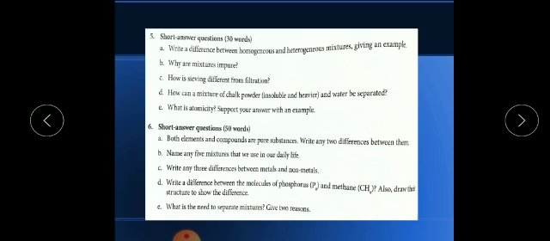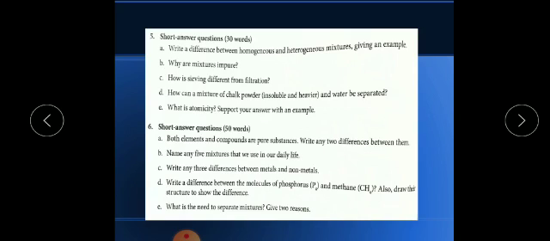To get a pure sample, for example, children, I have explained in my video also, and the full process is given in your book, how to obtain salt from sea water. We are making lagoons, pits near the river bed and all, and what is our purpose? Our purpose is to obtain salt from the sea water. So this is the example that we are removing the impurities, because we need the salt.